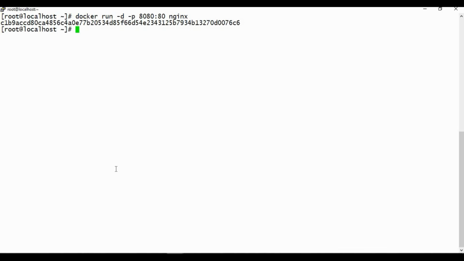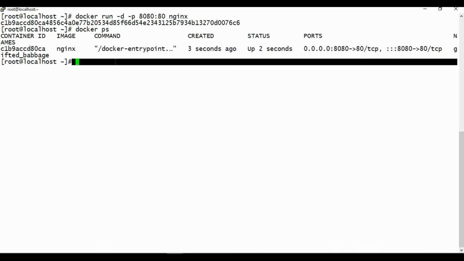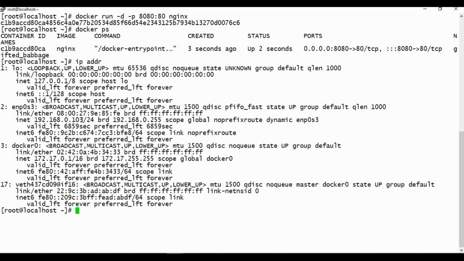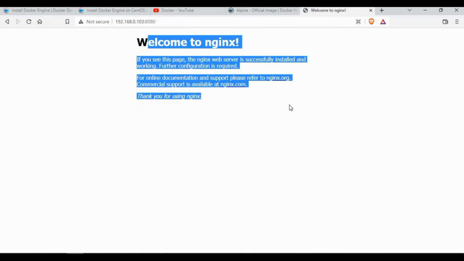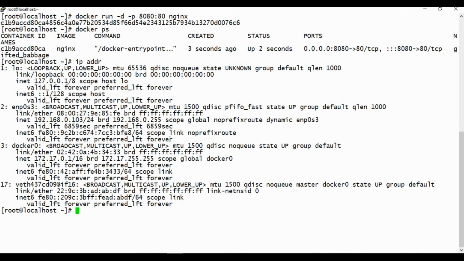So if I run this, you can see it has created a container, and if I run docker ps to list your running containers, you can see there is a container running for nginx. Now how can I access this container? You can use the IP address of your host machine to connect to your nginx. Now if I use the IP address of the host and port 8080, we are inside the nginx homepage, right? Because from the host the port number is 8080, whereas in the container it's port 80,